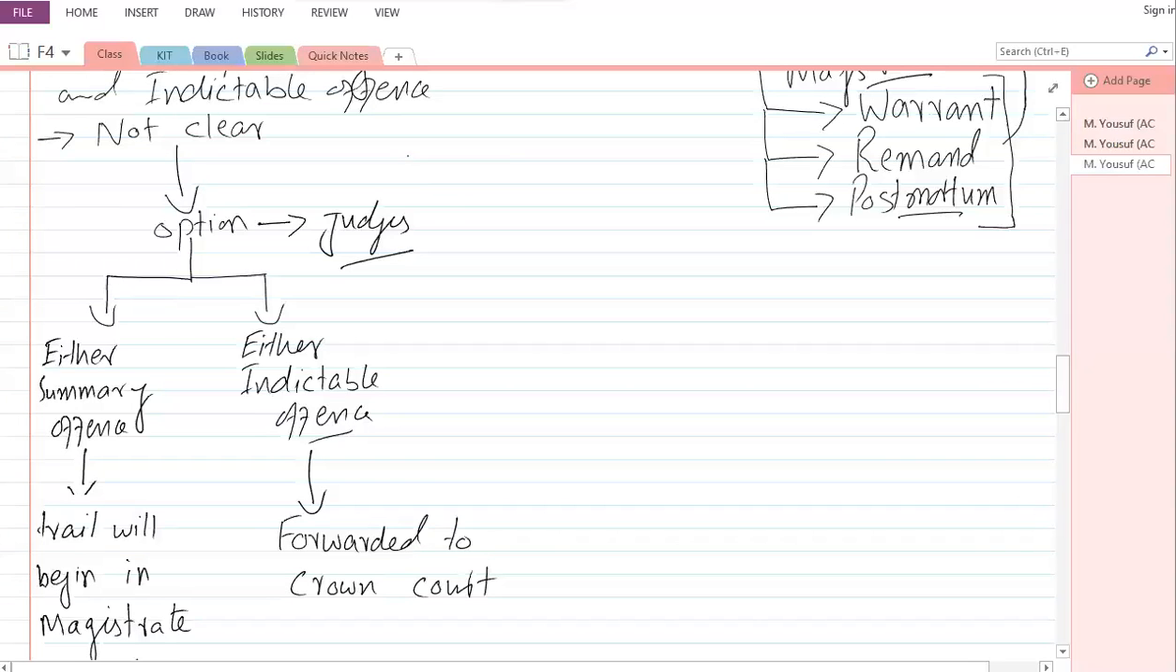Either way offences are not clear. Either way offences includes